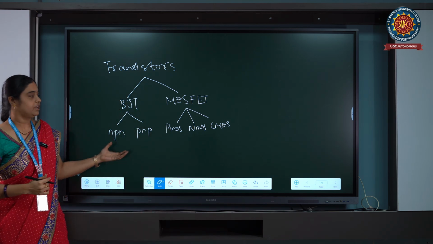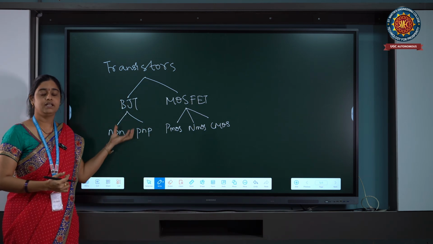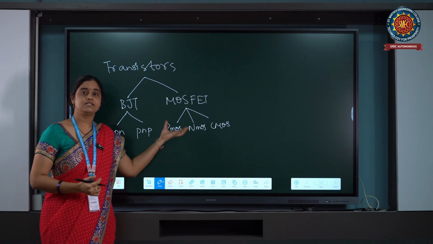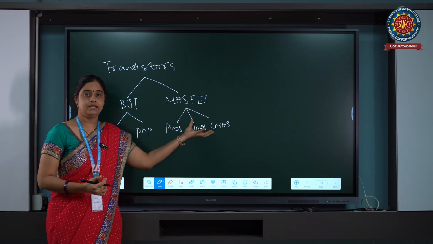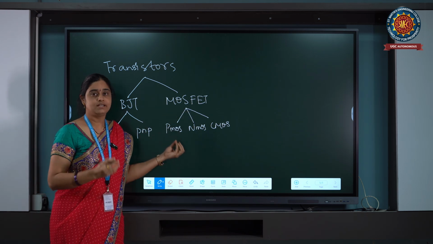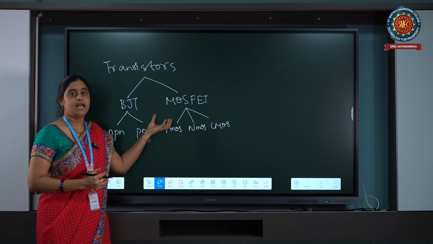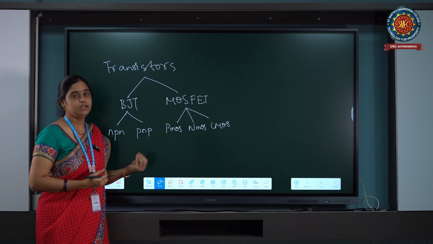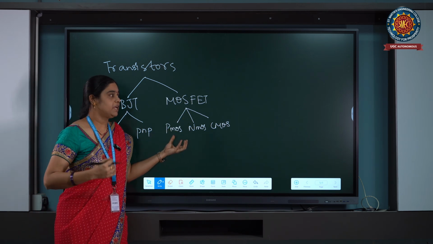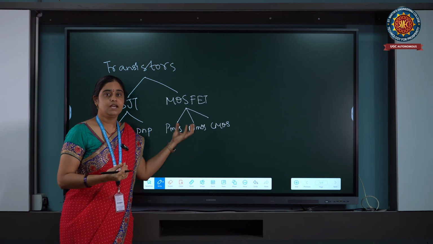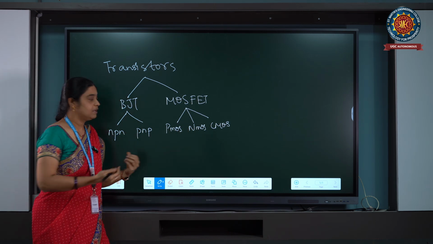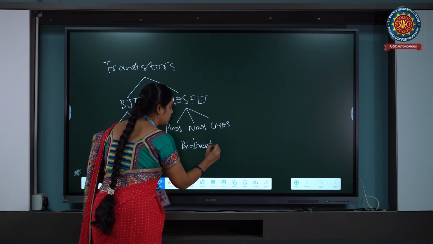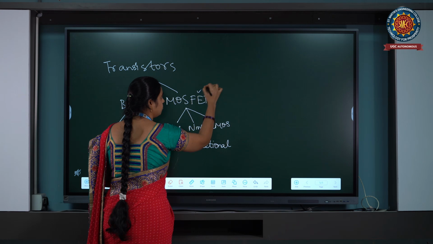Why are we preferring MOSFET compared to BJT in the manufacturing of an IC? Because MOSFET has all the advantages of an IC which we have discussed earlier, like MOSFET is smaller in size when compared to BJT, and MOSFET has very low power consumption compared to BJT. MOSFET can be a high speed working transistor and it is a better switching device and it is bidirectional also. So these are some advantages why we are preferring MOSFET.